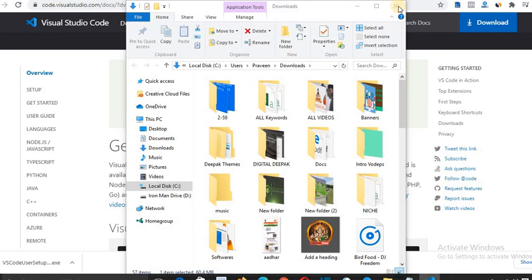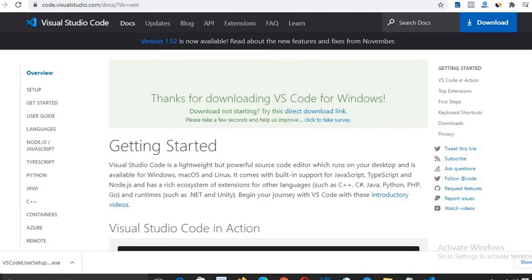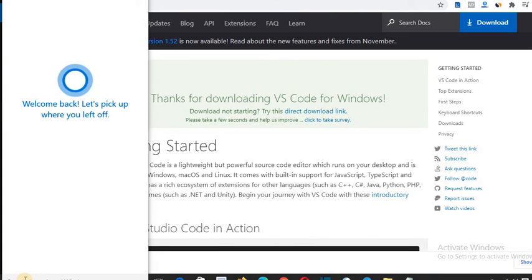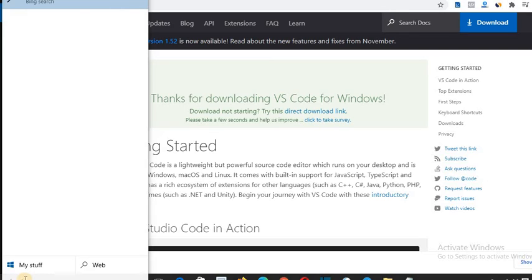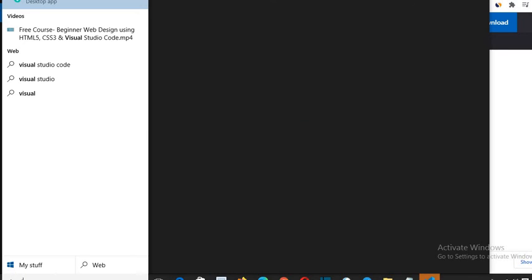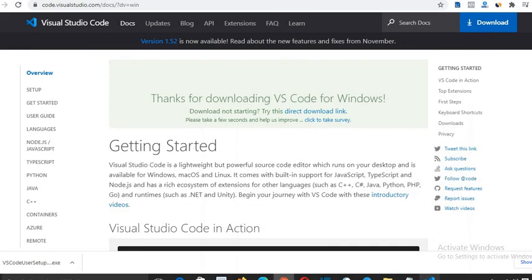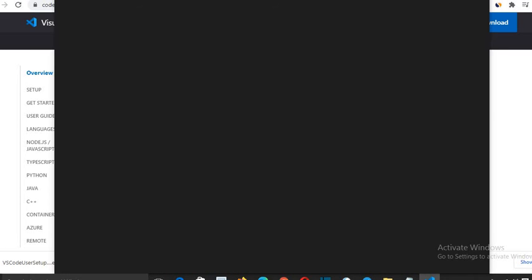After the application is installed, click on complete Visual Studio Code and click on finish. Now it will start on your PC. Click on start. Now it was successfully installed. Your application is now opened on your PC like this. This is the way you have to install Visual Studio Code on your Windows system.